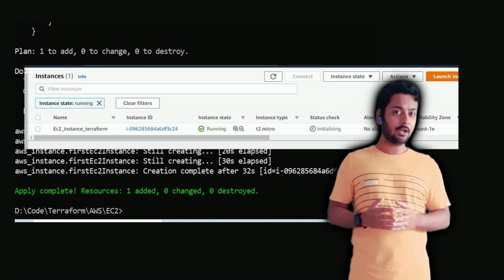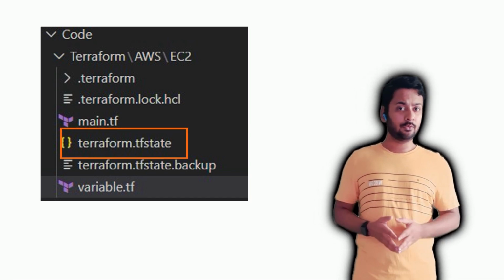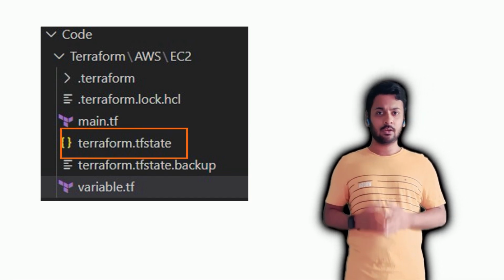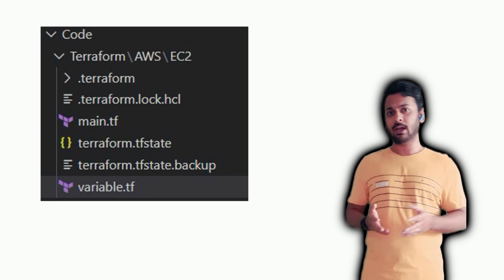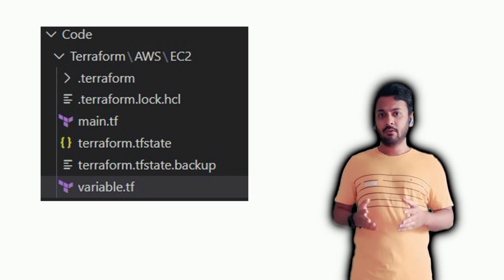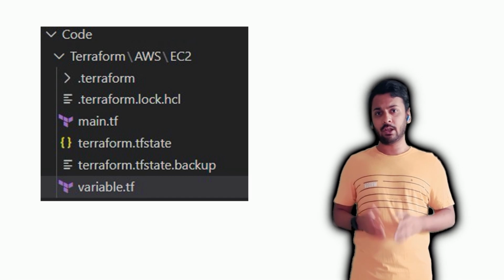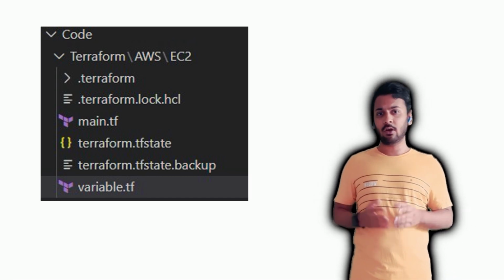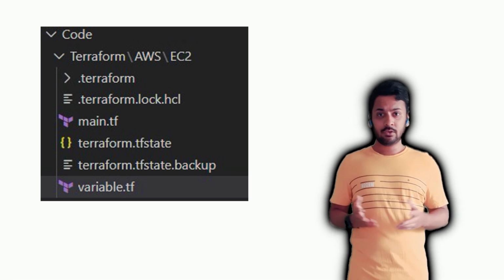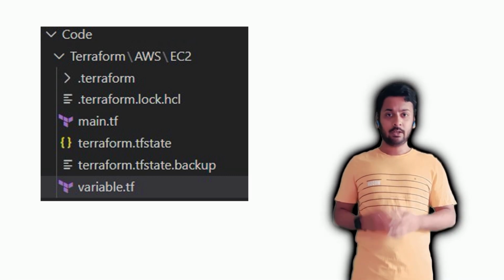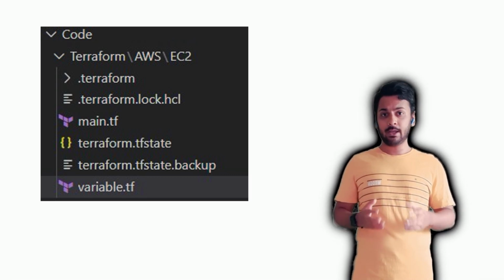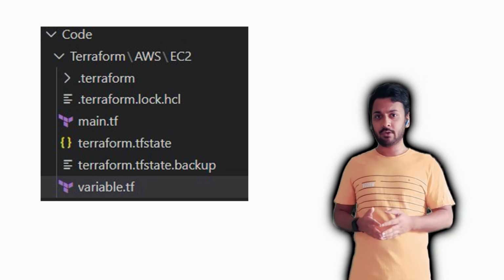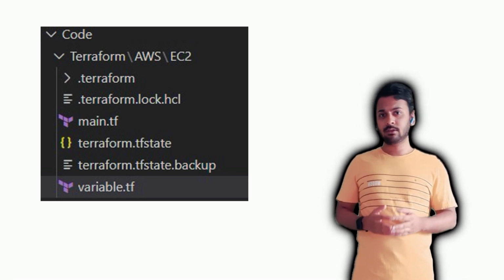Terraform must store the state of your managed infrastructure and configuration. This state is used for mapping real-world resources to your configuration, fetching the metadata, and also improving the performance of your large infrastructure. The state by default is stored locally under the name terraform.tfstate, but it can also be stored in a remote location, which works better in a team environment. Terraform will use this local state to create a plan before making any changes. Prior to any operation, Terraform does a refresh to update this state file to match the real world resources.